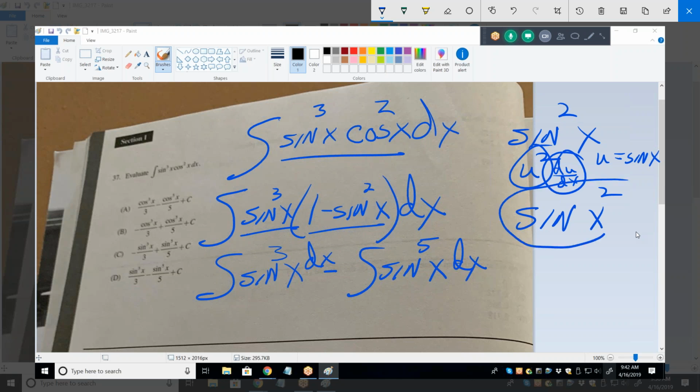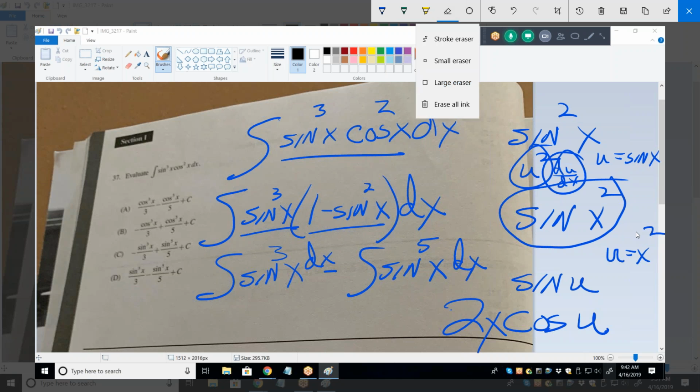Well, in this problem here, what is u? U would be x squared. Aha, totally different. Now I'm differentiating, and the derivative is the cosine of u times 2x du dx. So the differentiation process does use u substitution. It's just not normally called u substitution when you're doing differentiation. They call it the chain rule, and they say take the derivative of the outside times the derivative of the inside. Right. Okay. For integration,